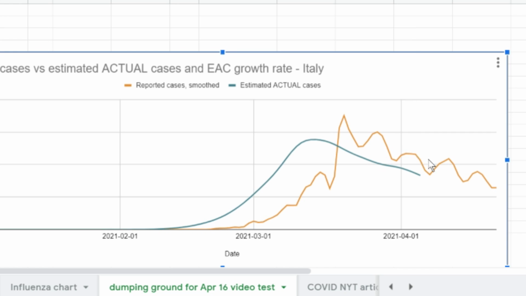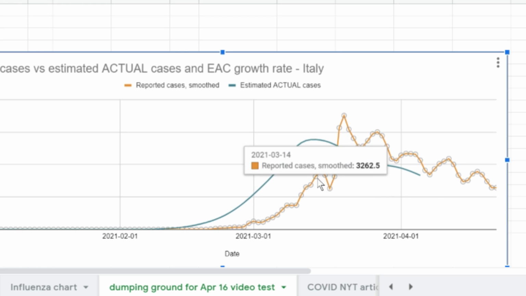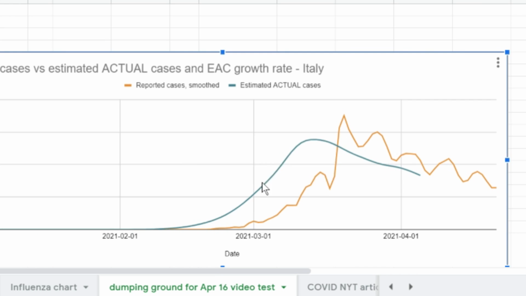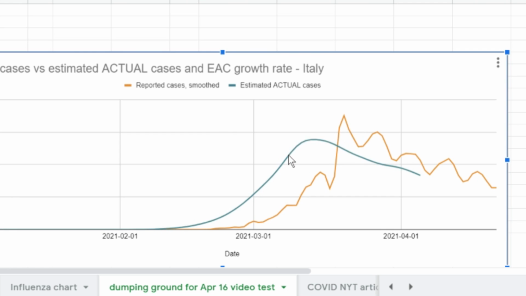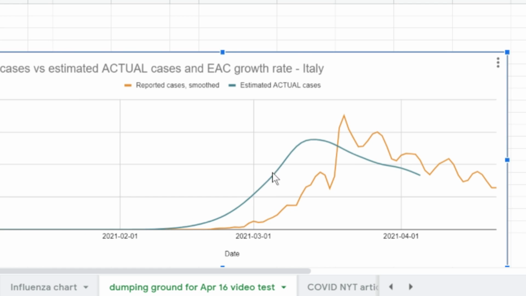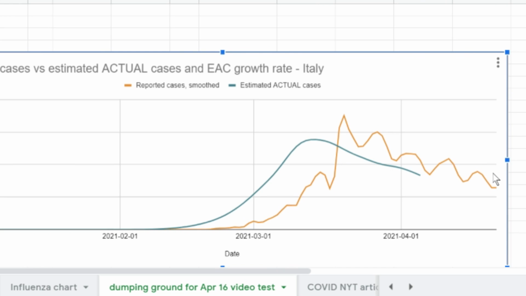So this orange line is what you've seen in the news, and you may recall that Italy went on full lockdown on March 9th. And it does seem like, oh wow, the cases continue to rise for another week and a half. Like astronomically so. So did the lockdown really fail? Well, if you look at the blue line, which is the number of actual cases, March 9th sits about right there. And you can see that that's when the curve started to bend downward and go downward. Another thing to note is that because the blue curve lags the orange one by about 10 days, we have to stop the estimation about 10 days before the present.